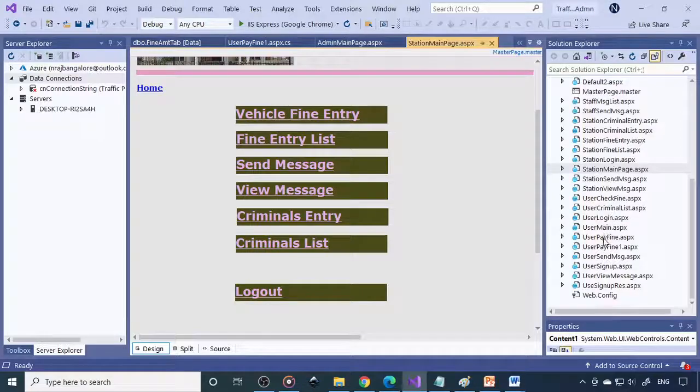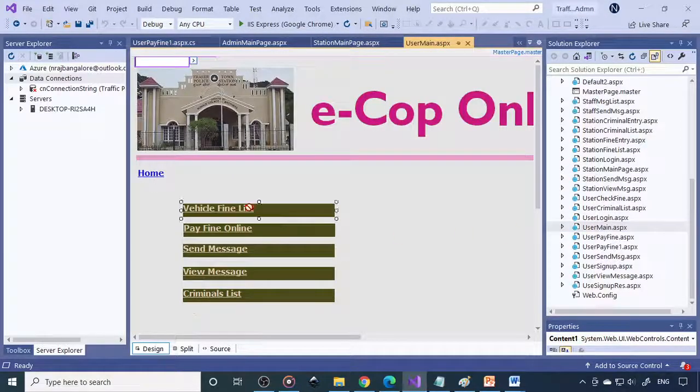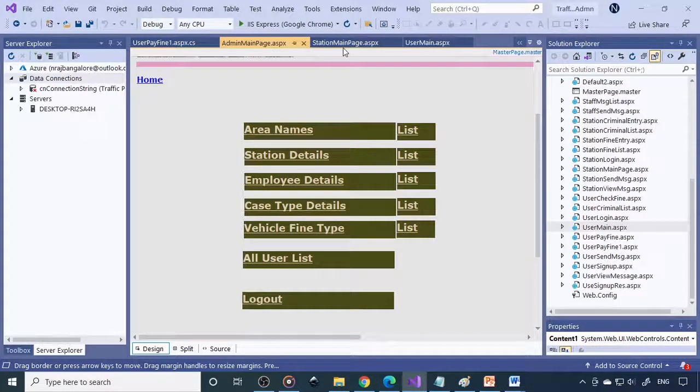The user can sign up and log in. They can see the vehicle fine list, which vehicles are fined. You can pay online in case your vehicle is in that list, and in case you want to communicate with the station people, you can communicate here, and you can also see the criminal list. So these are the three main modules and these are the options provided here.